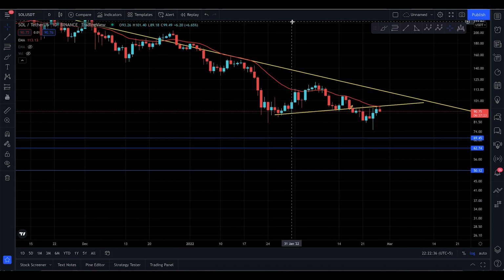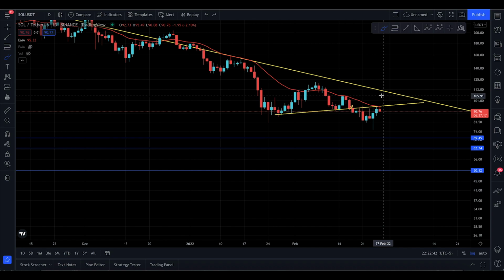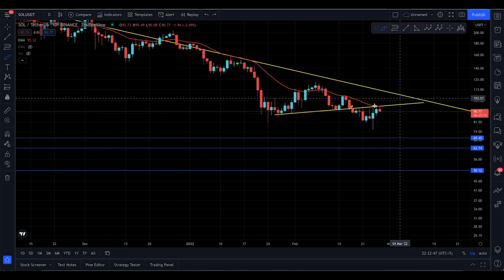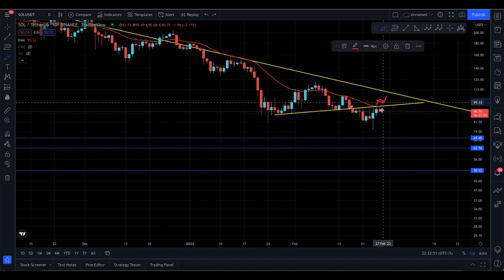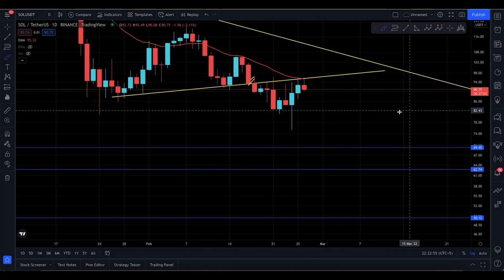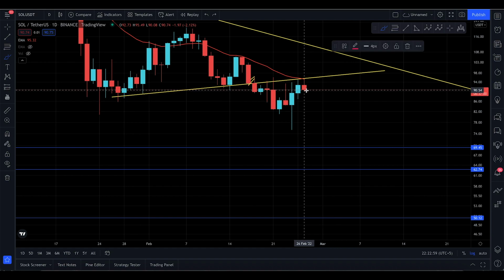Okay, so there are two big walls right now, and I'm on the daily time frame, and what you see right here is a 20 EMA, and you have the red candle right there. So basically, that's the neckline actually. So this is the neckline and the 20 EMA. And what you're printing out today, you still have 6 more hours to close the daily candle, okay? If you start to close green and above here, if you do go to $98, then in my opinion, you're